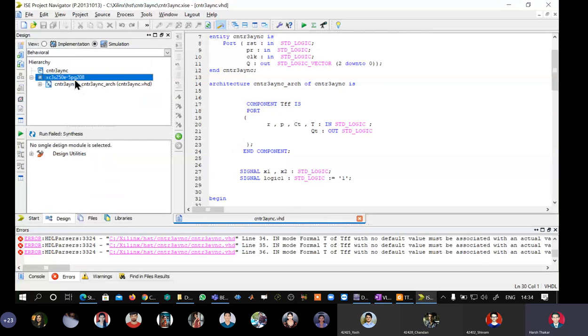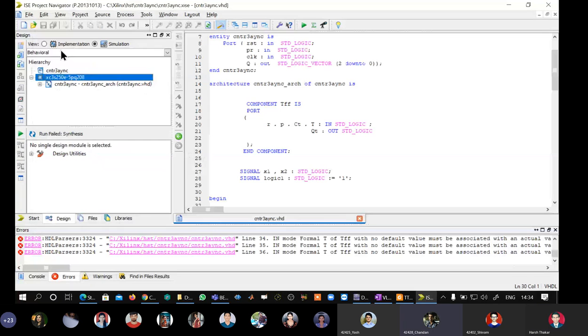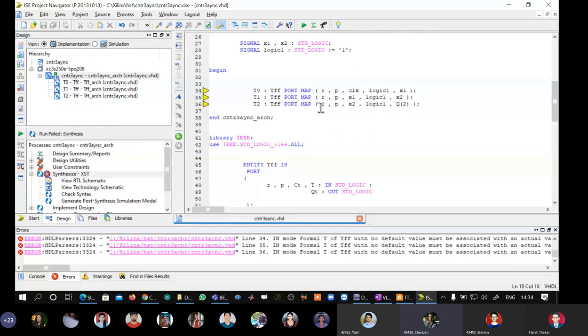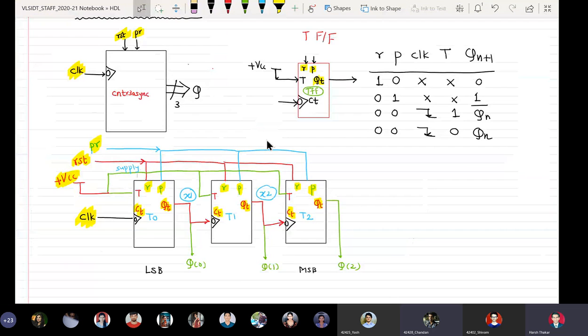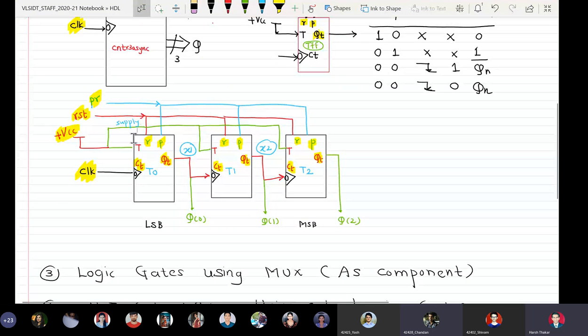No, sir, like using T input directly there rather than using logic 1. But how will you do the mapping? In this particular thing, the T inputs of all the 3 instances are tied together and connected to VCC. So how do you do that?